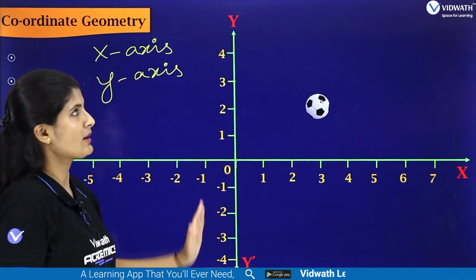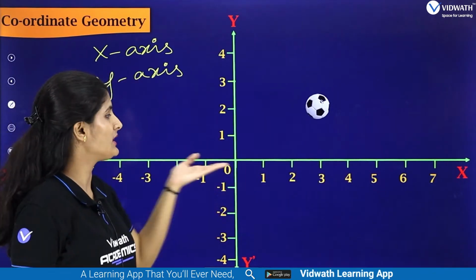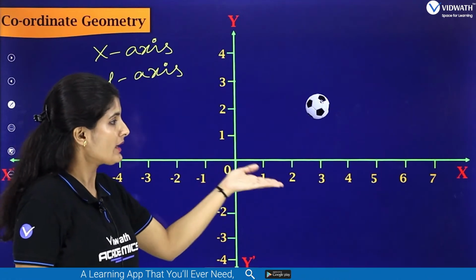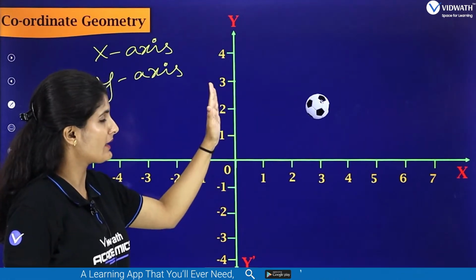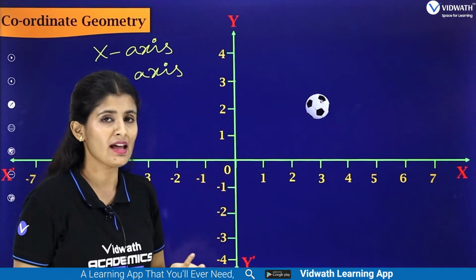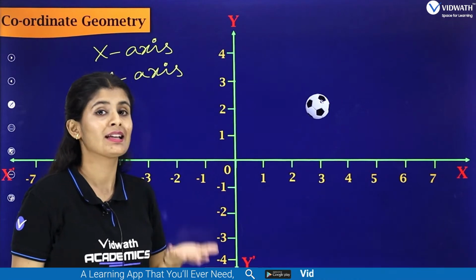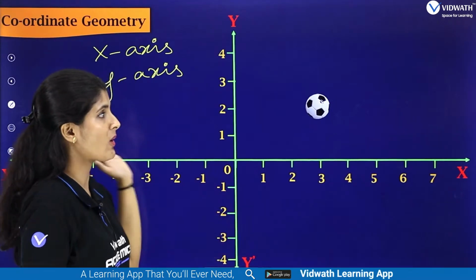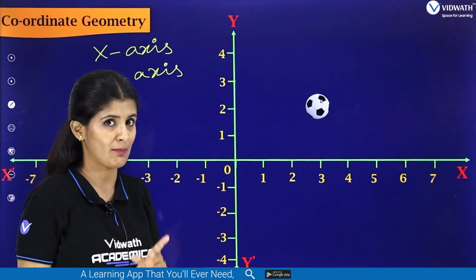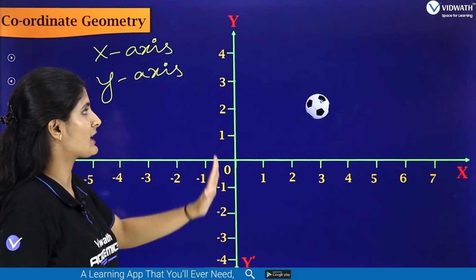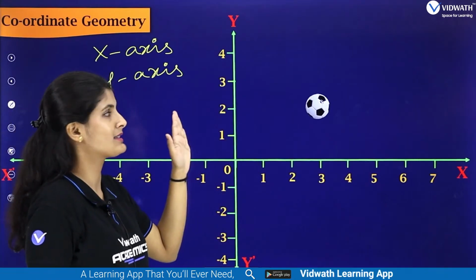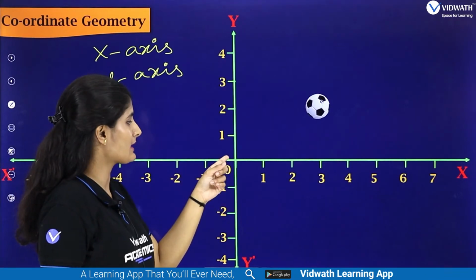The x-axis and y-axis are 2 number lines which intersect each other perpendicularly at the origin. We can make use of the x-axis and the y-axis to locate the ball. And students, where have we taken these number lines? The number lines that we have taken are on a plane, that is on a 2-dimensional surface. Remember, this is important. On a plane, we are considering 2 perpendicular axes, namely x-axis and y-axis, intersecting at the